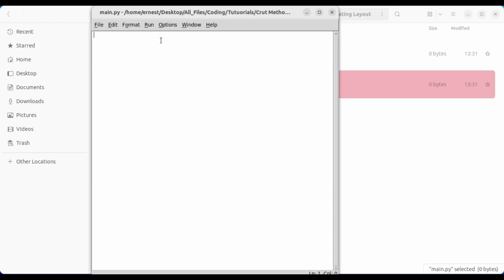Our very first thing is to import, of course, everything we need. So from kivy.app import App. And then, very important, from kivy.uix.screenmanager import Screen, ScreenManager, and also